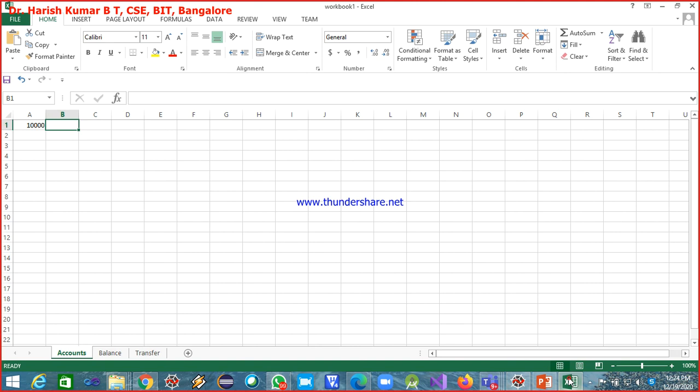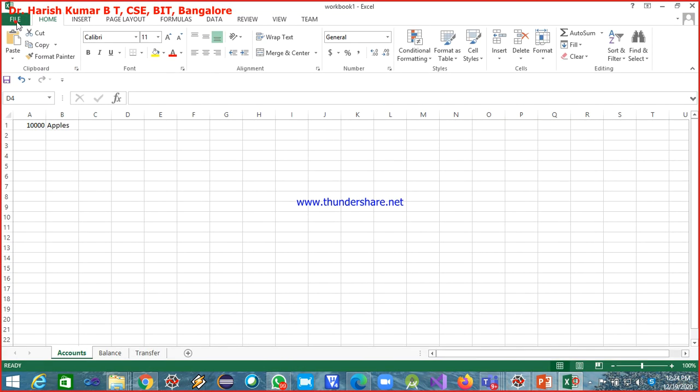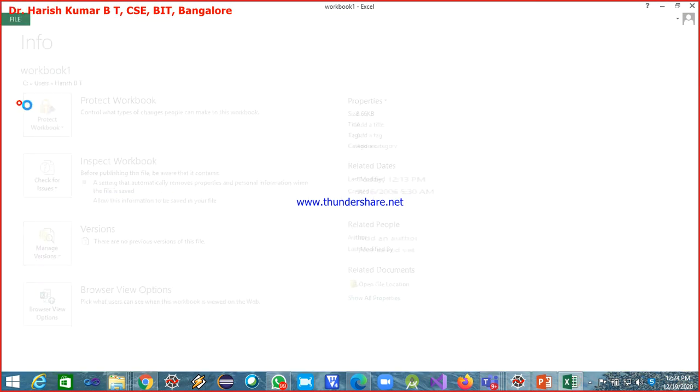What is the active sheet? Okay, accounts is the active sheet, and let me write something here because I'm interested in accessing this. It was written as apples. Let me write apples here also, 10,000 apples. I have to save it, sorry. So don't forget to save it.